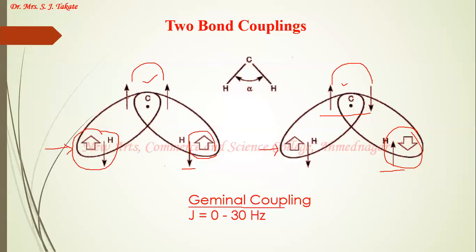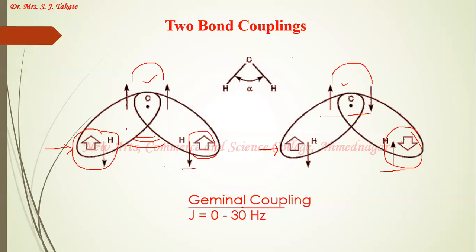Now you will say that these two electrons are present in two different orbitals. Then what is the problem? Why do we say that they have high energy with respect to one another? See, the bonds present in the molecule are continuously undergoing vibrations. And during these vibrations, the bonding orbitals of these two bonds can overlap for a short time period, and a partial overlap will be there. A complete overlap will not be there, but still partial overlap will be there.